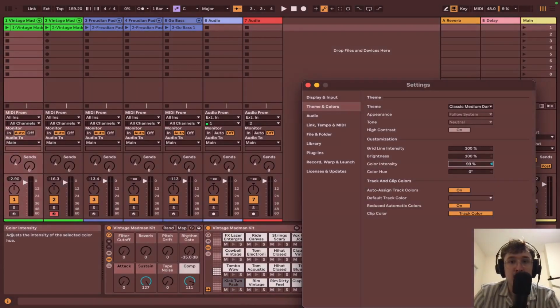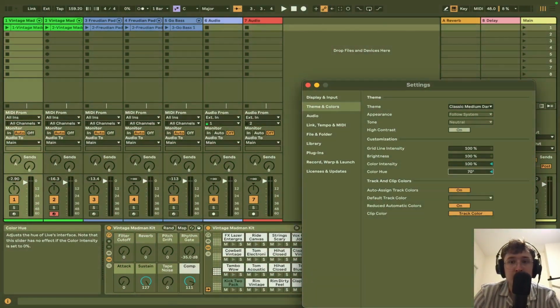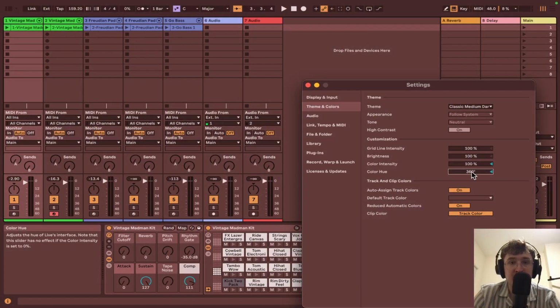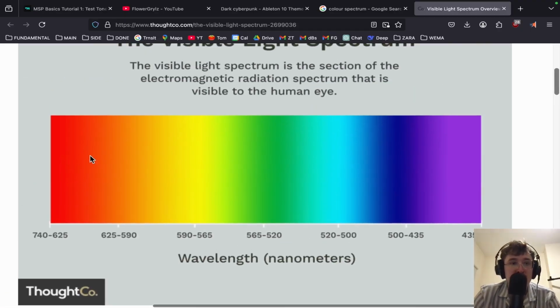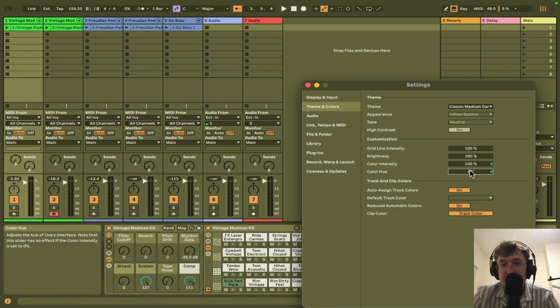So yeah, let's go to 100% on color intensity, and then the color hue, it's through all the entire spectrum of colors. So it goes from 0 to 360, back from red to red. We see the color spectrum here. So red, orange, yellow, green, blue, dark blue, purple,